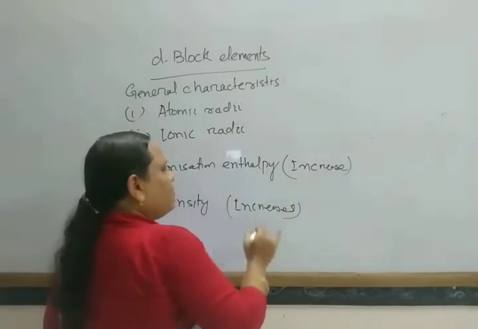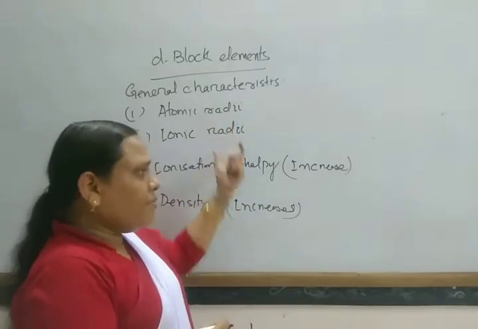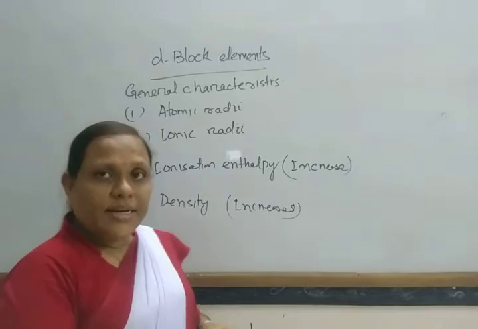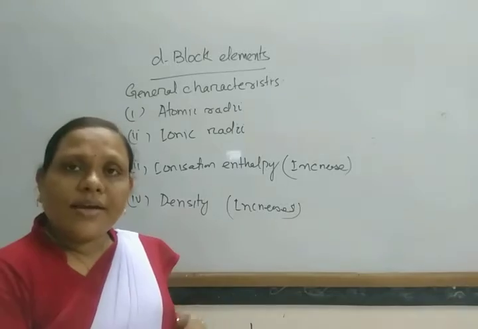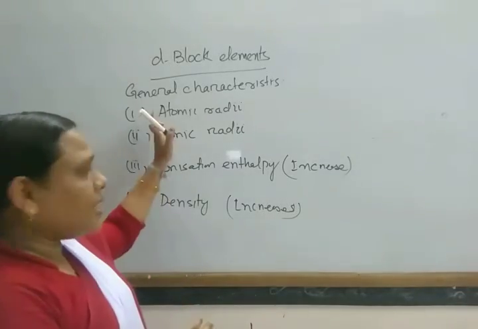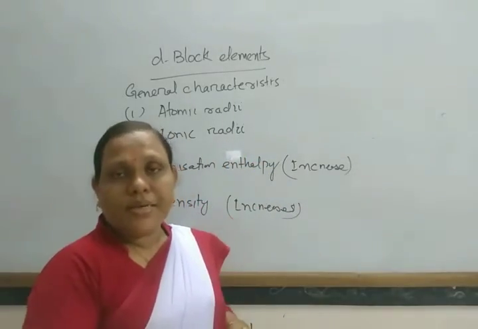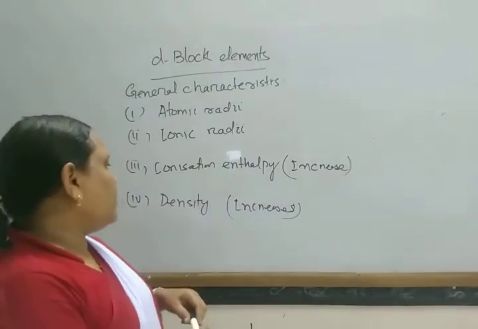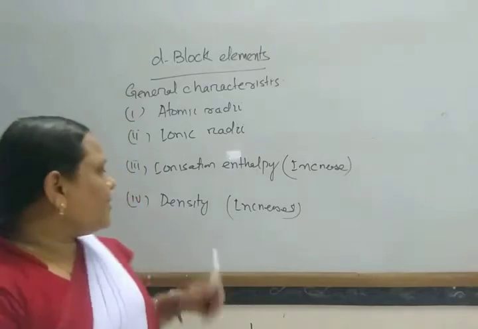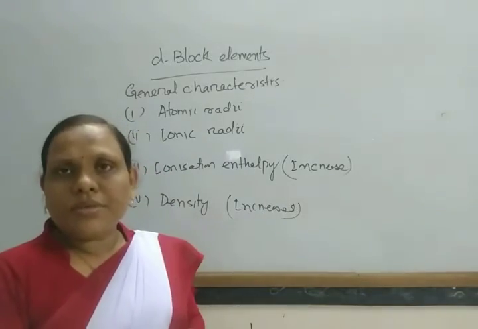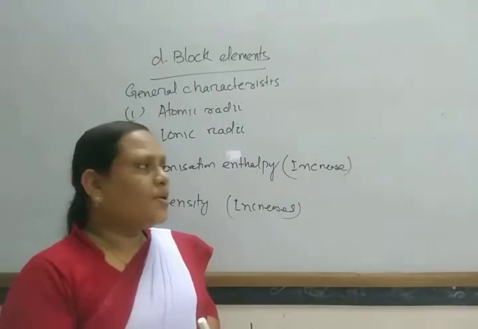The elements present in between, that is group 7, group 8, group 9, generally have higher densities than the starting elements, that is groups 3, 4, 5, or the elements towards the end of the series. Among all transition elements, osmium has the highest density, and scandium has the lowest density.